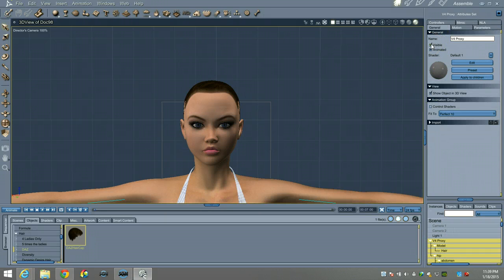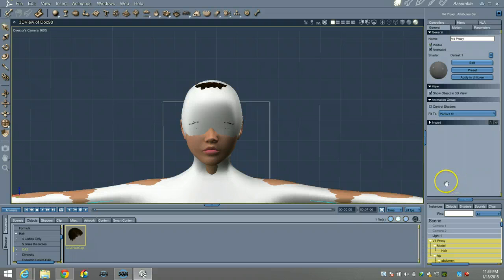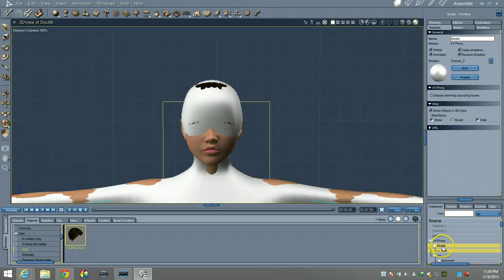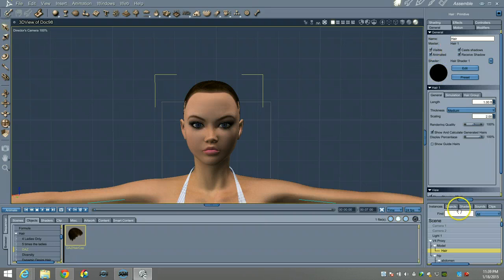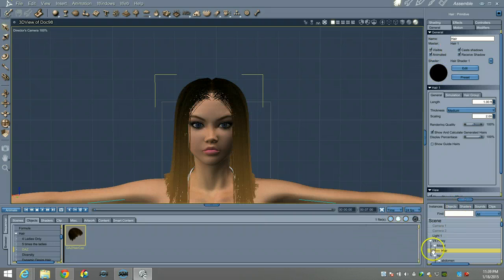Let's make the whole proxy visible so you see how this is done. The proxy is visible, but we go to the model section of the proxy and make that invisible, and that will just leave the hair. If we make it visible, the hair will actually still be visible. Now you notice when we